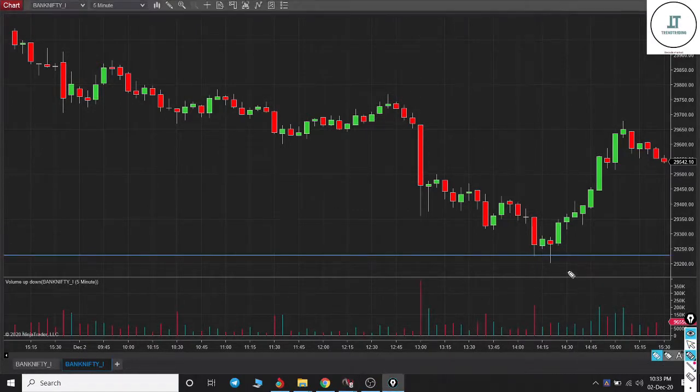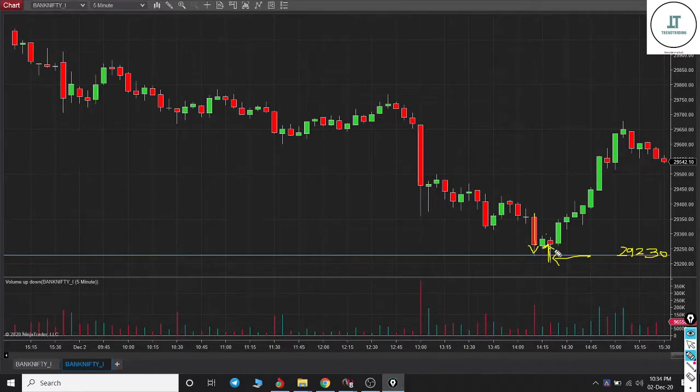So look at this. First attempt, sellers did not cross the zone, this level 29,230, which we have got from a 30-minute time frame. What is the level? It is a failure attempt low of the seller. Now once price came below it, price has not closed below this level, that tells me price started rejecting. Right, so the first hint, in a 5-minute time frame, is that price immediately started rejecting.